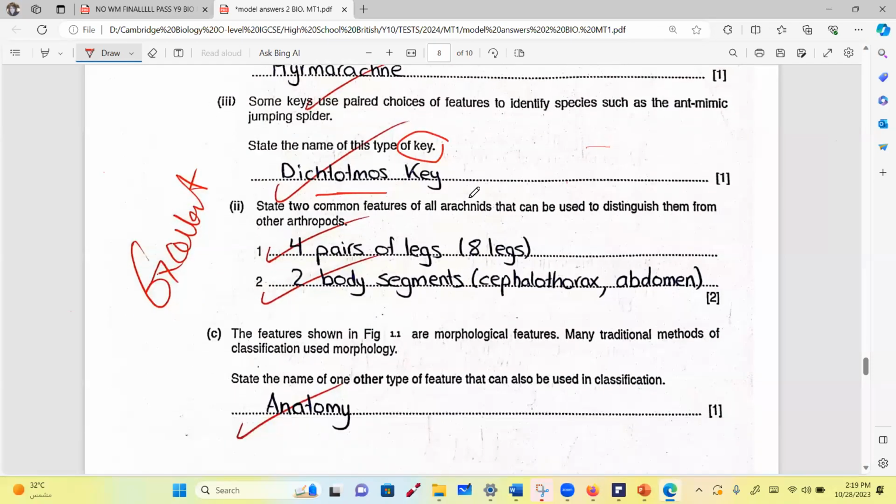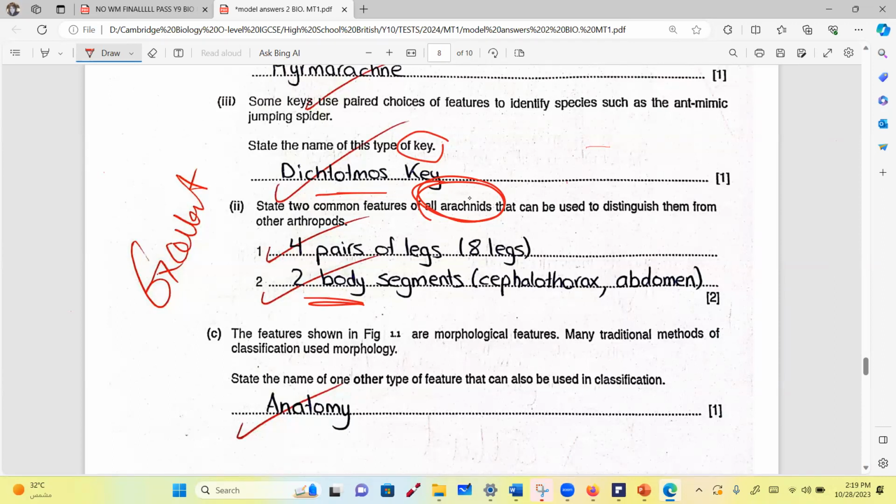Now here they asked you about features of the arachnids. Arachnids, only arachnids. So when you tell me exoskeleton, segmented body, you lost the mark because we're not talking about the arthropods. We're talking specifically about the arachnids. How many legs do they have? 8. Yes, 8 or 4 pairs. How many body parts? These are the only arthropods that have how many body parts? 2. Okay, if you write no antenna, it's also correct because they are also arthropods that have no antenna.